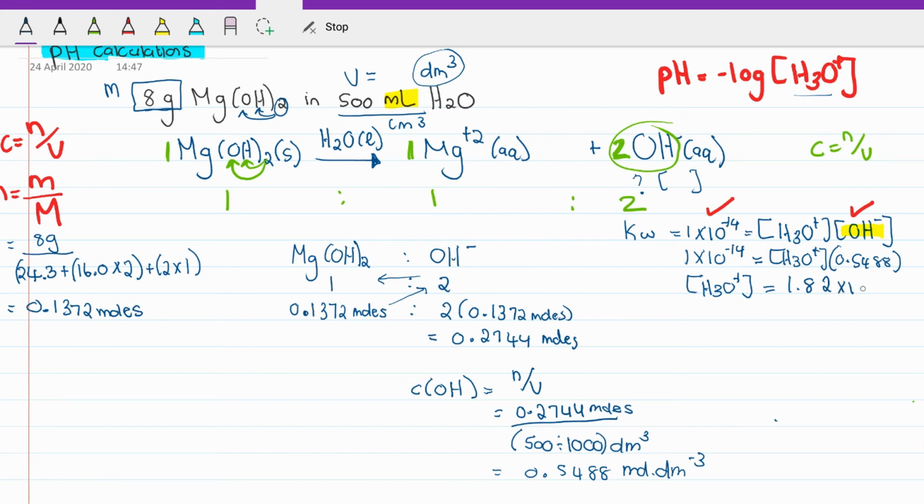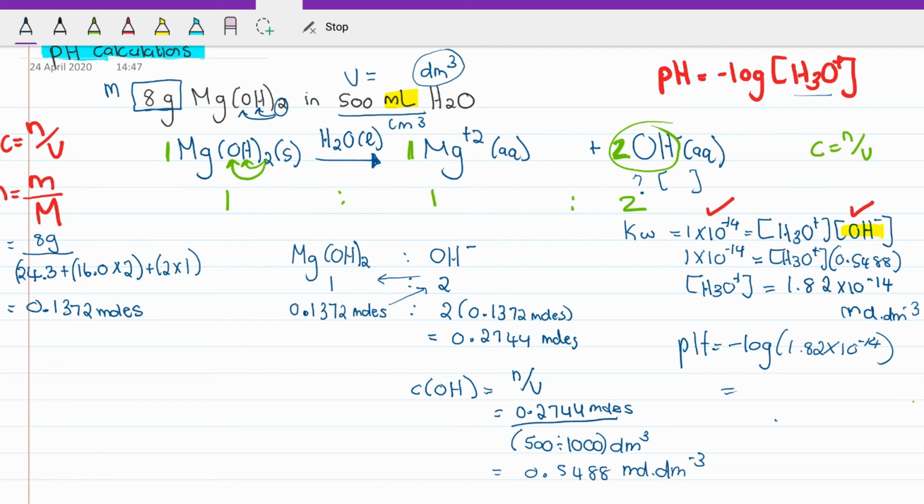moles per cubed decimeter. Okay, and now you just want to work out your pH. So the pH is the negative log of this concentration that you have now calculated. Okay, and if I put that into my calculator, let's see, negative log of the hydronium ion concentration, and I get a pH of